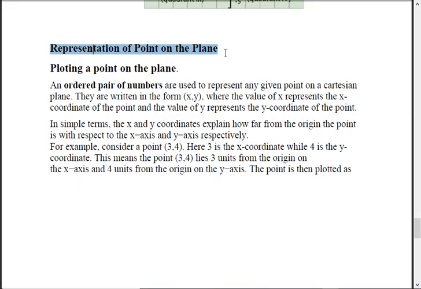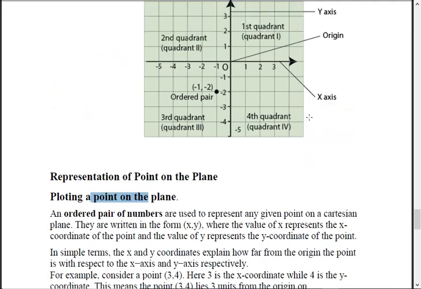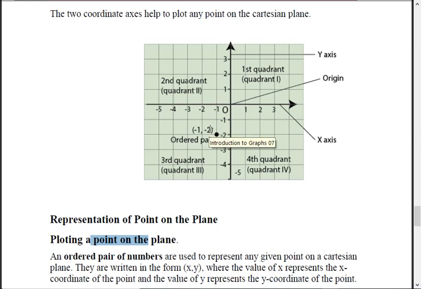How to represent a point on the plane? Plotting a point on the plane uses an ordered pair of numbers, meaning x and y coordinates. See this. Suppose I have to show this point, -1, -2. It means -1 from 0 on the x-axis and -2 from 0 on the y-axis. So this will be the point. I'll be able to locate this, right? Suppose I have to speak of this point, then which will it be? The x-axis value is 3. So 3 comma minus 2. If I have to speak of this point, let's say where the mark is now, it will be 1 and 2, 1 comma 2, right?